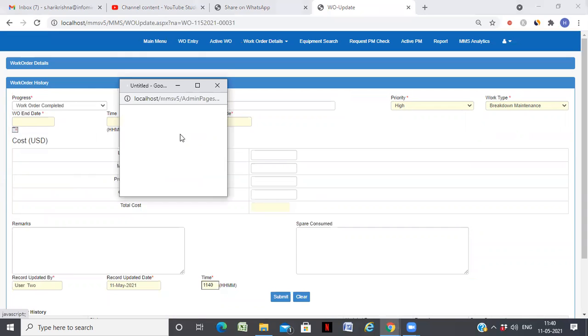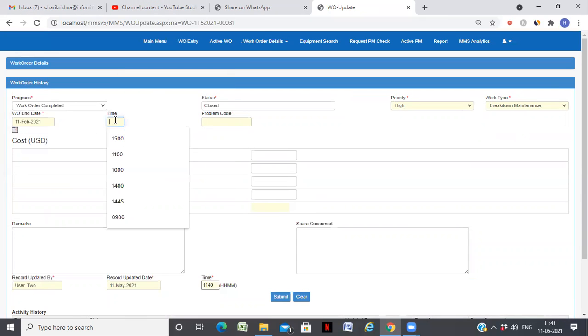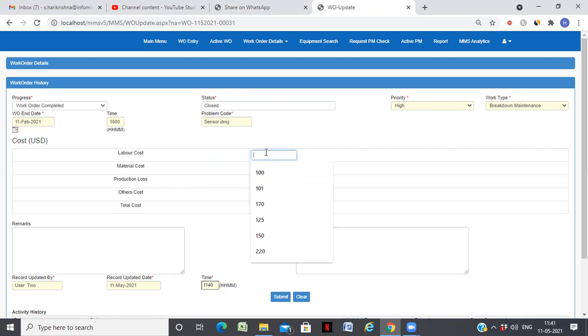So for example, I can say this work order was raised on February 11th. Let us say it is closed on the same date, February 11th, and I will say it is closed at 16 hours. And problem code for closure, I can put it could be either sensor damaged or whatever it is, barrier problem. And this is the cost.